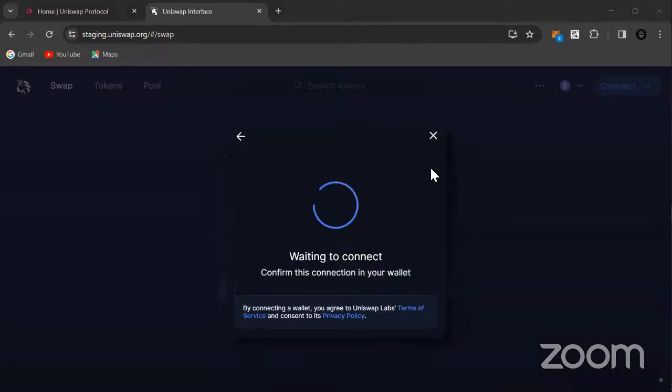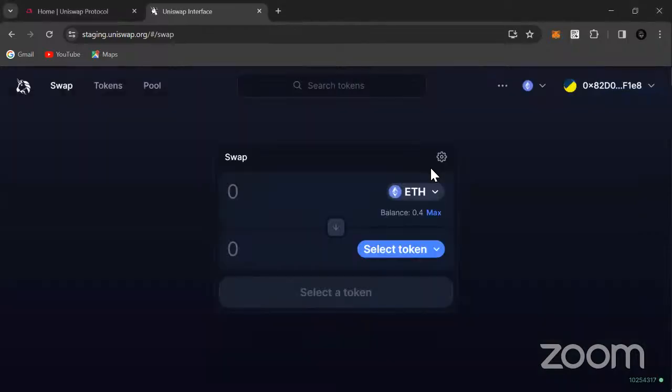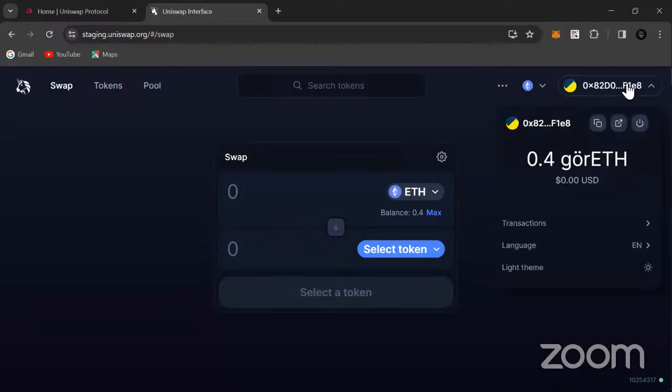Remember, in our smart contract class, we created a wallet. I've connected before, but normally, if you've not connected your wallet before, it will prompt you.